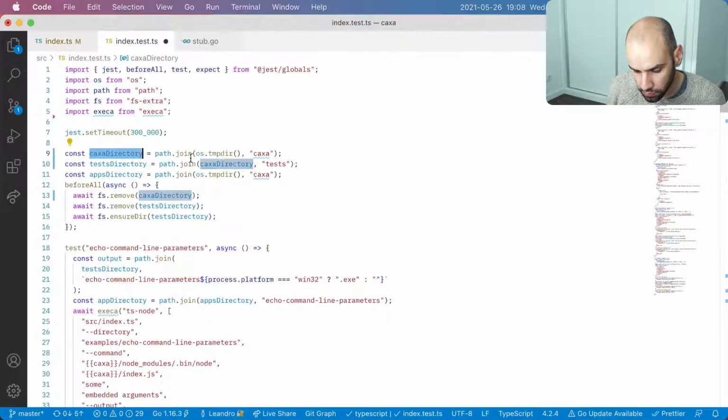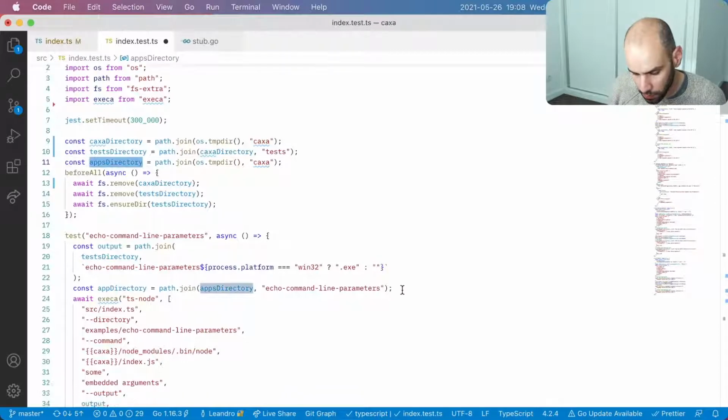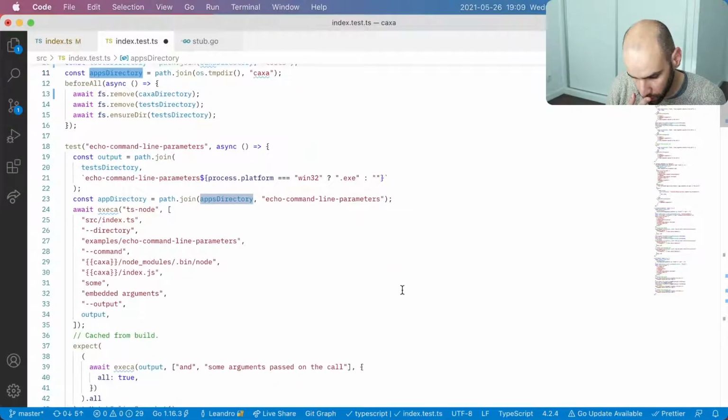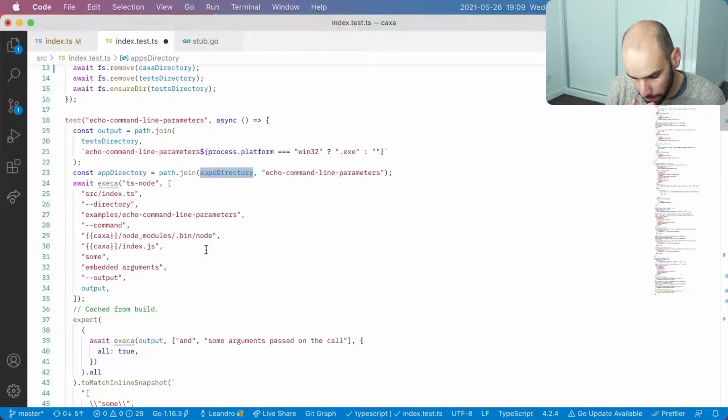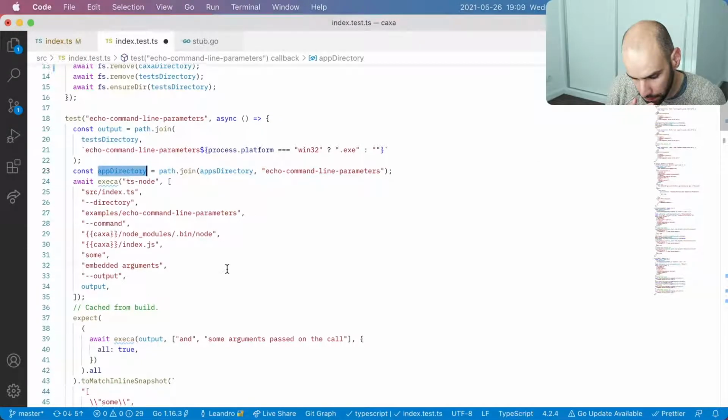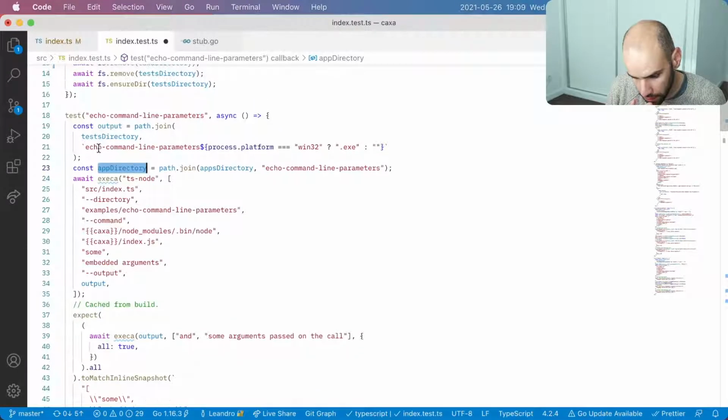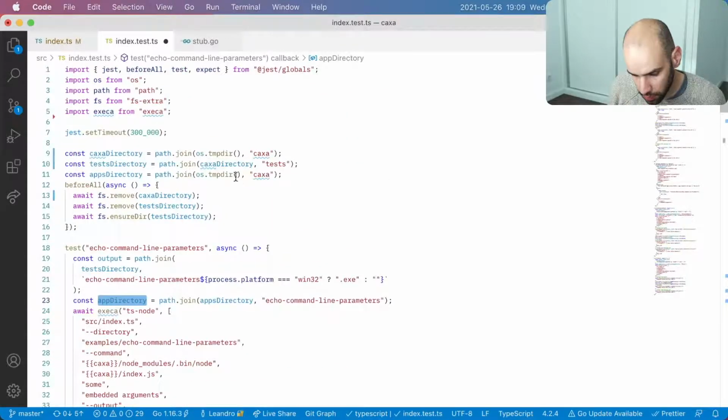And then there is the tests directory and the apps directory, and the apps directory will be where... what is the apps directory now? Okay, so that will be the runs directories or whatever.